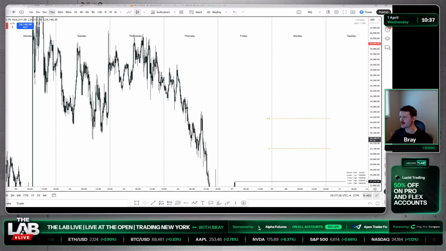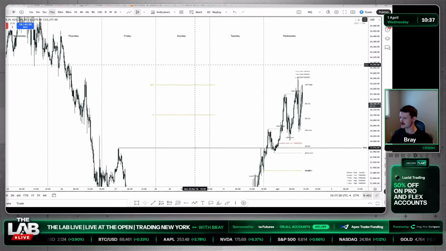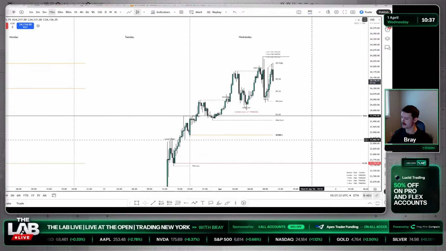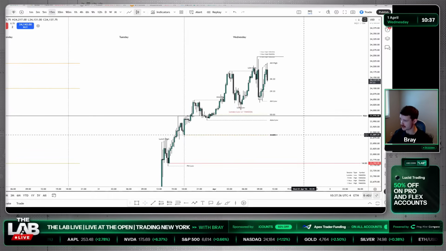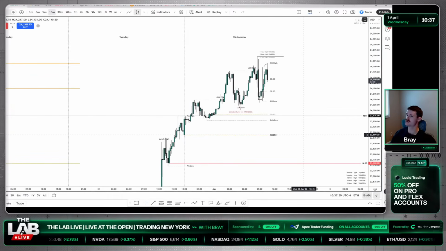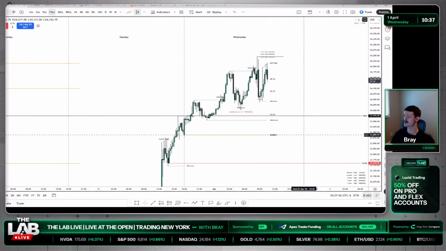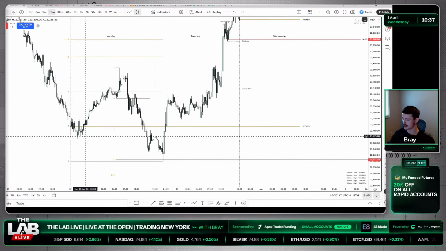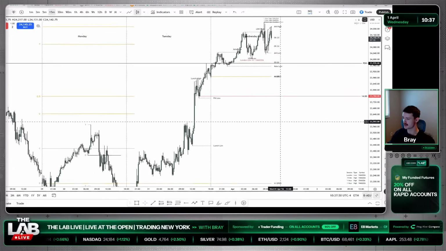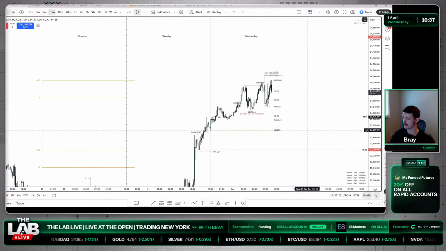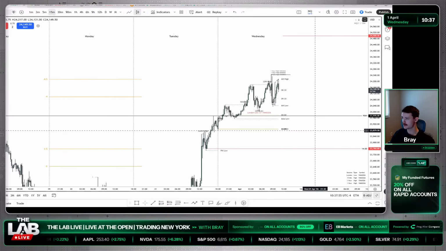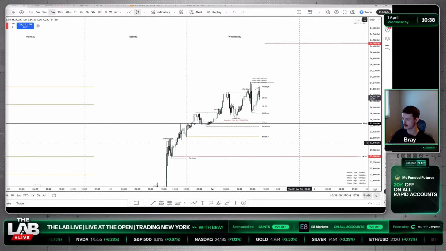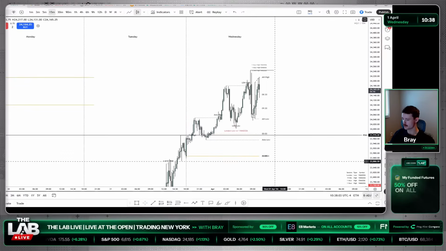How relevant is midnight opening these days? Do you still include it in your strategies? Yes, I do. So I use a combination of the midnight open and the digital open for anchoring for the daily candle. I use them as important fair value areas to measure manipulation, and I use standard deviations for them as well. So much like I used the weekly low to the weekly open, I'll do the same thing with midnight and digital open. Digital open being the 6 p.m. open. You can measure from that to the opening price to get projections.